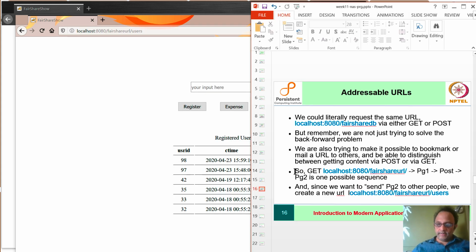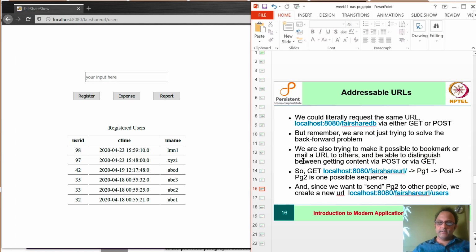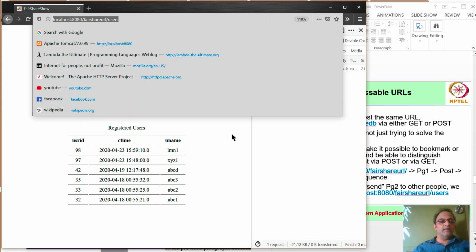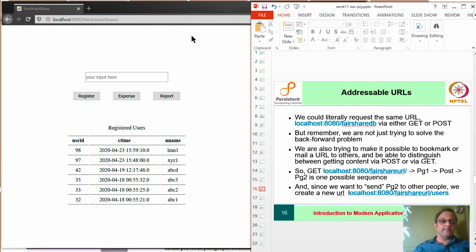As it says here, the GET localhost PG etc. was one possible sequence, and now we have created a new URL, and this URL can be used anywhere. You can send it, you can retrieve it, whatever you want to do. It has enough information via this added users to be able to show us the page with registered users.